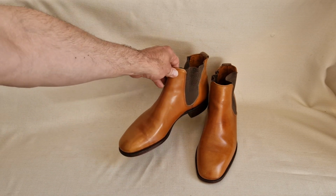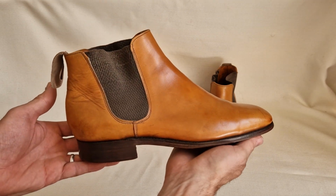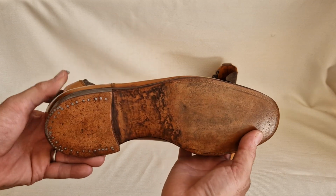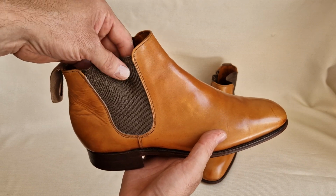I'm going to be selling these absolutely superb 1960s Trickers Chelsea boots, and these are going on eBay UK at no reserve, and they're just beautiful things. Had very little wear, got completely original soles, and the only thing that is of note that isn't ideal is